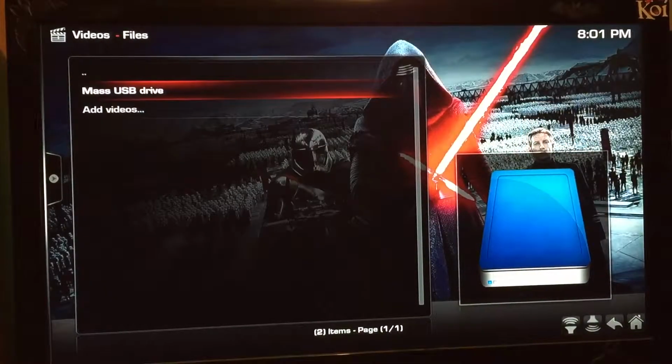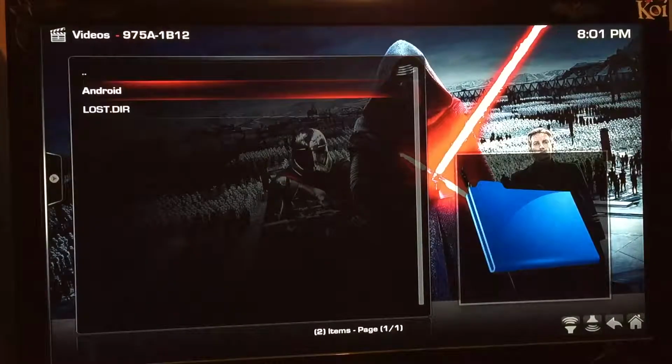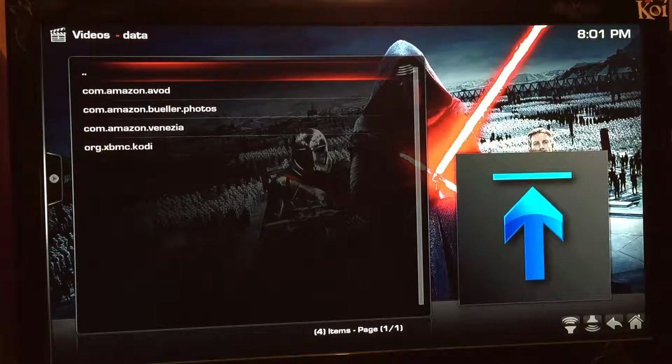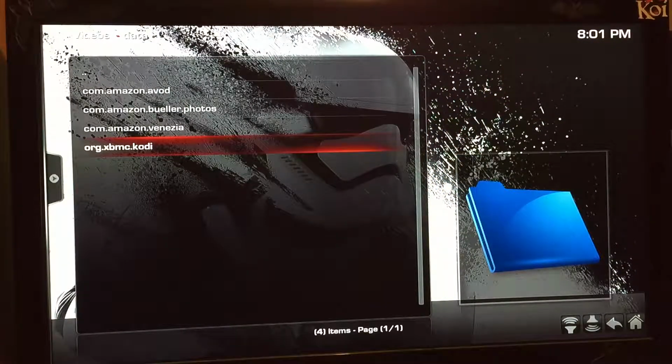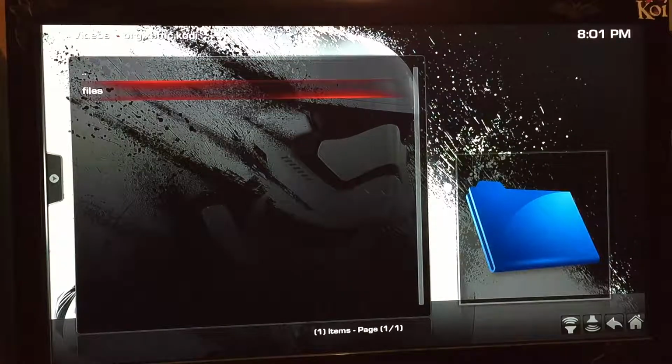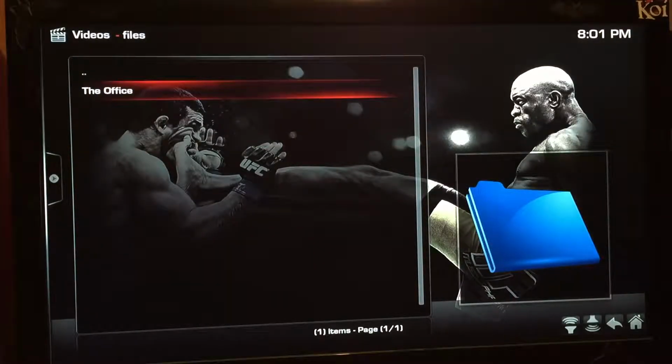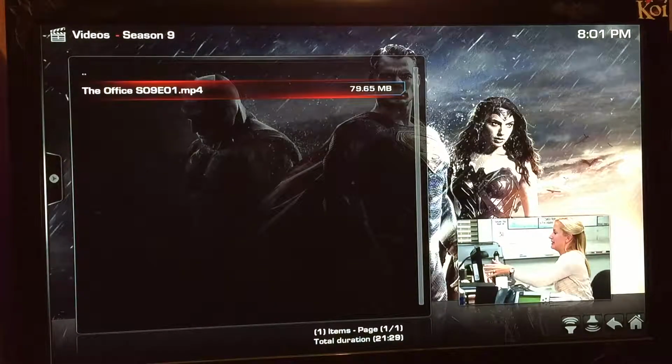and then basically you'll want to go through the same pathway that you went through before. So you'll want to hit the mass USB drive, go down to Android, click on data, and then go to the org.xbmc.kodi, and then click on files. And if you had multiple episodes or TV shows, they would all be listed right here. So now I'll just want to go into The Office, Season 9, and once I've highlighted what I want to delete,